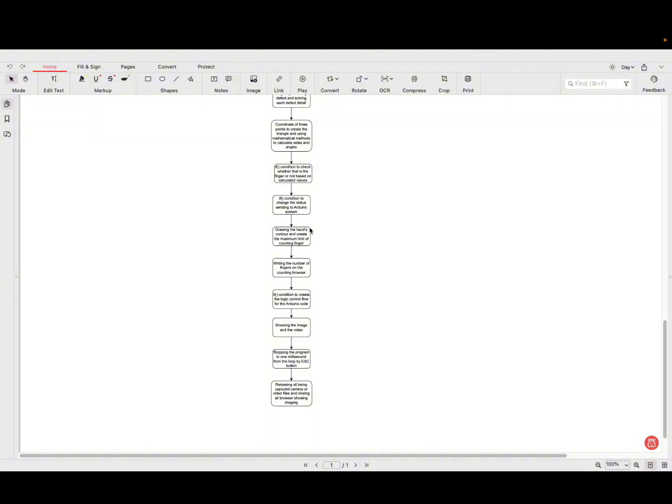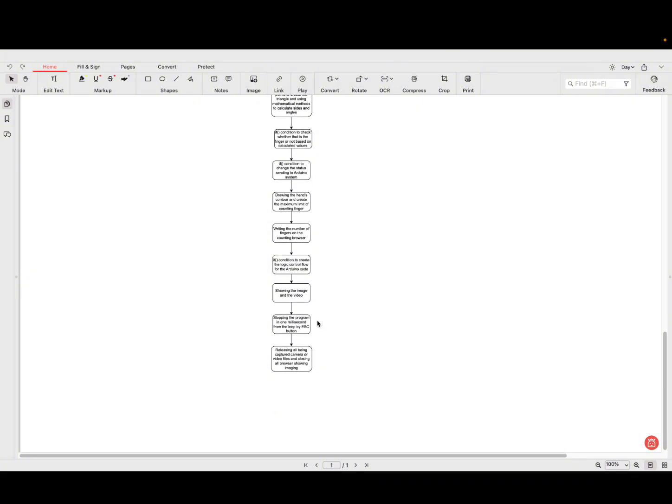Writing the number of fingers on the counting process. And then the if condition to create the logic control flow for the Arduino code. And the last one is showing the image and the video, which is going to create some signal that is sent to the Arduino system. Finally, we need to create something to stop the program, and in this case I use the button